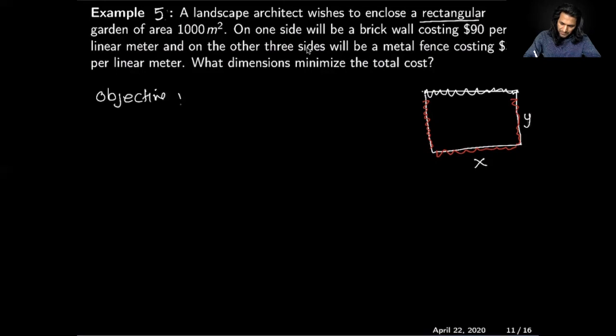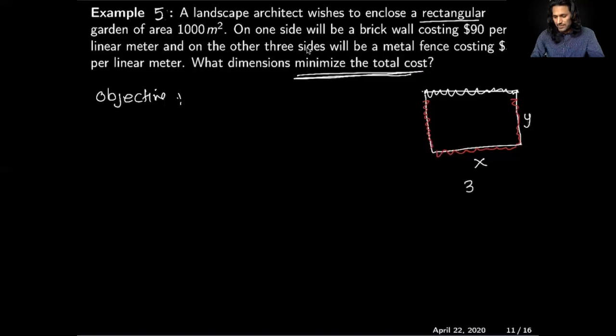The objective function is again to minimize the total cost. Cost is the objective. So let's see what will be the cost to build each side of this triangle. Since the length of this side is x units, and the fence on this side costs 30 dollars per meter,